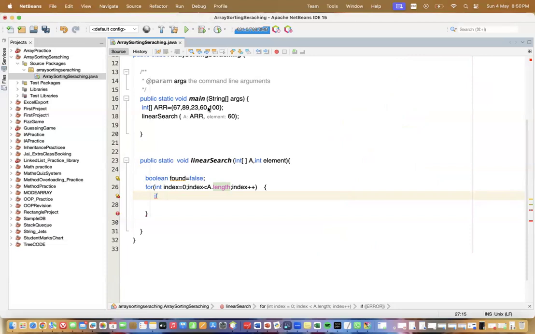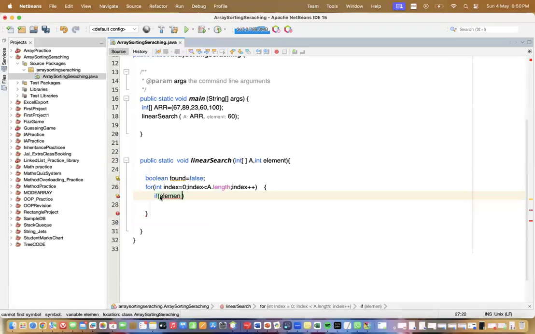So how many elements we have in this array? 5. So the value of length is 5. And that's why we always stop this loop at one lesser value. Why lesser value? Because the last value is always at length minus 1 position. Simple logic. If